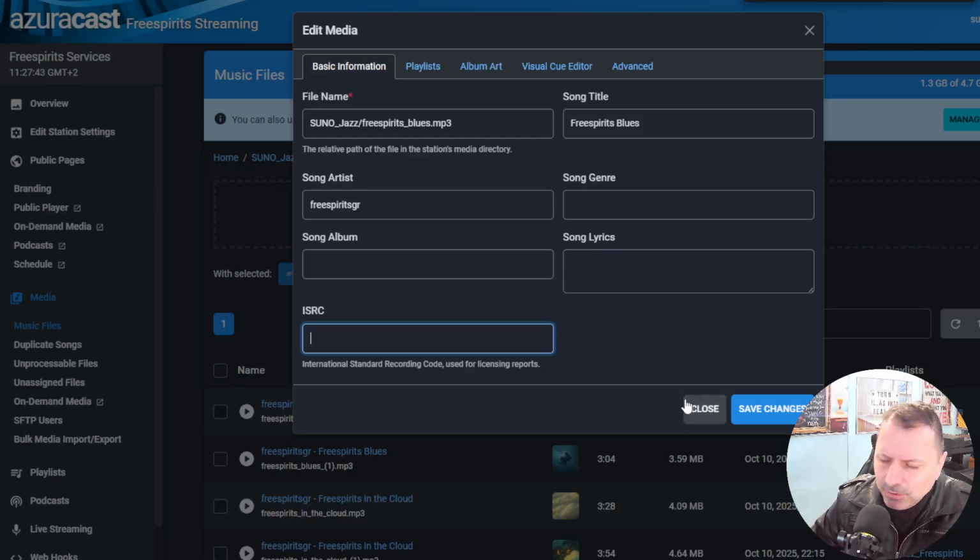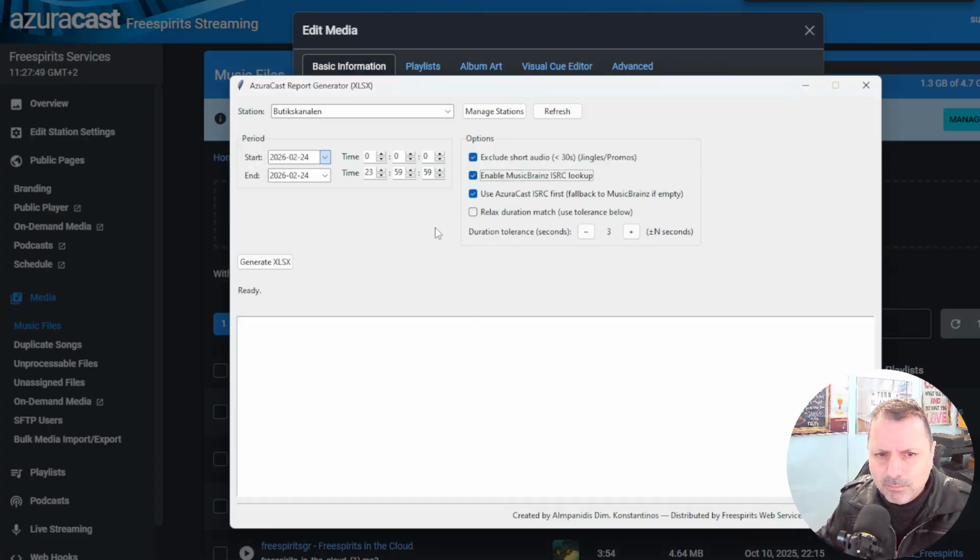In case you have this number added here, this application is gonna grab this ISRC number and add it to the report. Okay, it gives priority to your number, and is not gonna search to identify the music and find it from the Music Brains